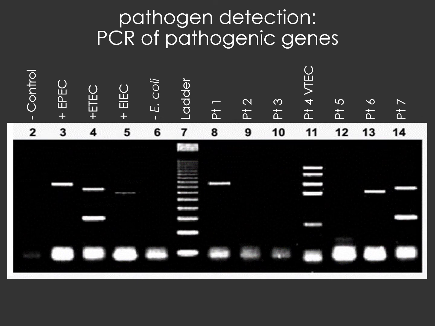coli and pathogenic strains of E. coli, and it can do that for other disease-causing organisms as well, because many organisms cause disease only when particular genes that create toxins are present. Notice there was toxigenic, verotoxigenic, enterotoxigenic. These are all genes that produce toxins that are themselves the cause for the disease symptoms in the